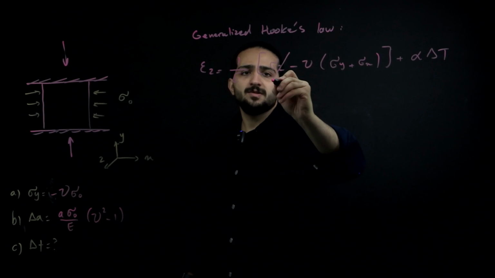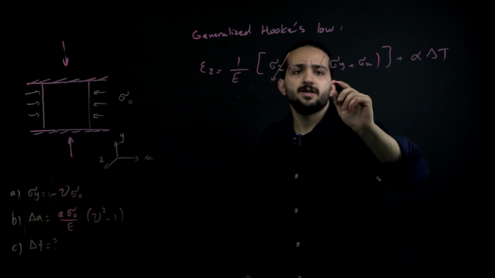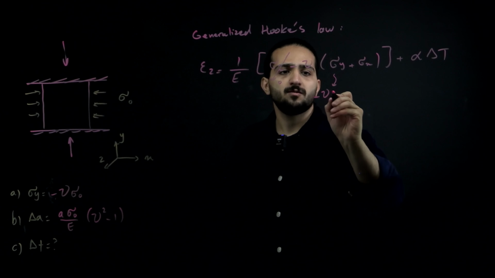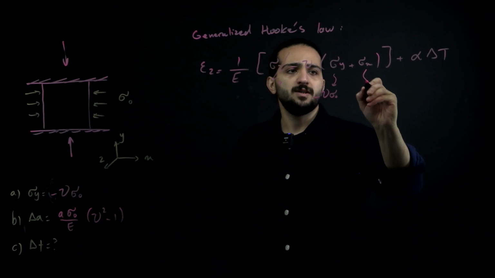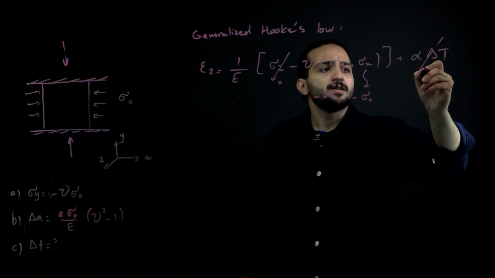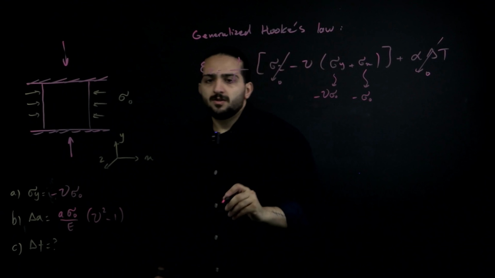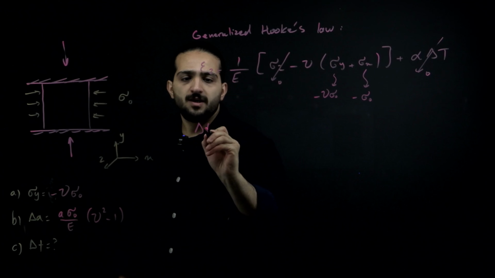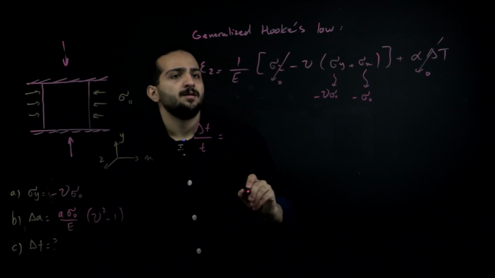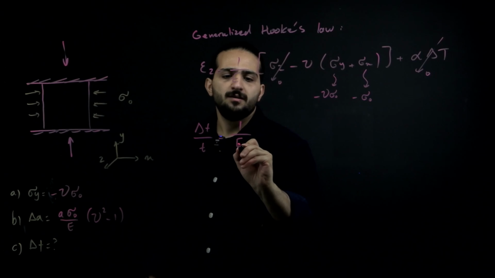Sigma z is equal to 0. Sigma y is negative Poisson sigma 0. This is negative sigma 0. Alpha delta t is equal to 0. So delta t over t will be 1 over E